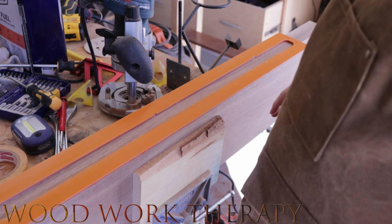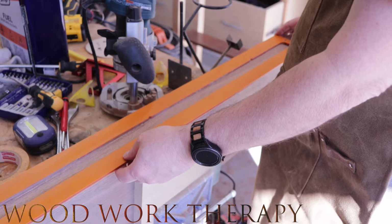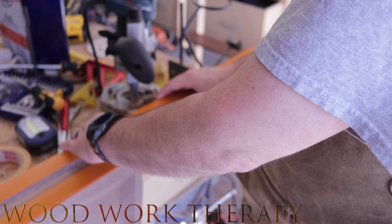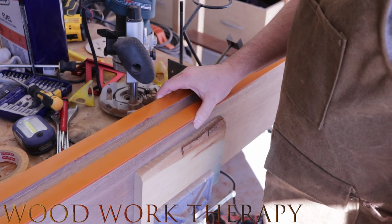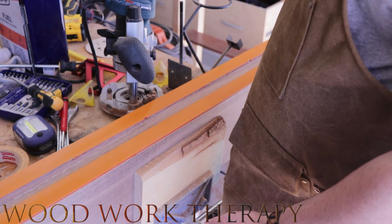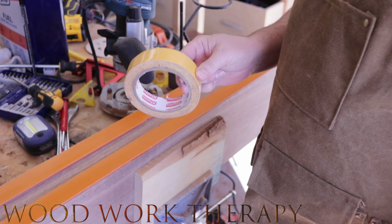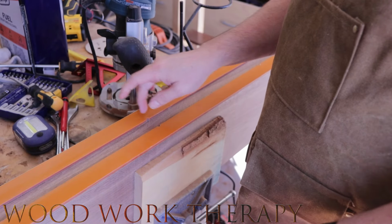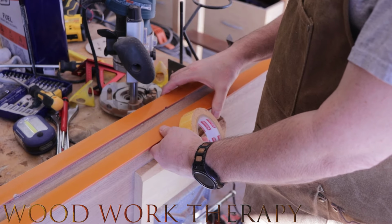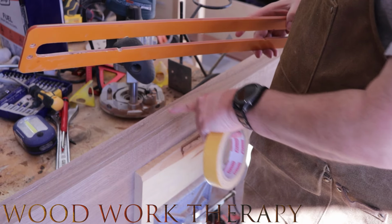All right, so we have our template out here. And one of the first things that I notice about any template like this is that they're always going to be a little flexible. So you can see how this kind of goes. See that right there? Oh, we don't want that. Given that it does take a fair amount of pressure, when you have a router going, the router might go past that. So what we really want to do is add a little bit of double-sided sticky tape to it, because we don't want to put screws in here, because again, we don't have a lot of room on the sides because of the thickness of the piece of wood that I picked. So if you're doing something really thin like I'm doing here, and thin being like 2 inches thick,